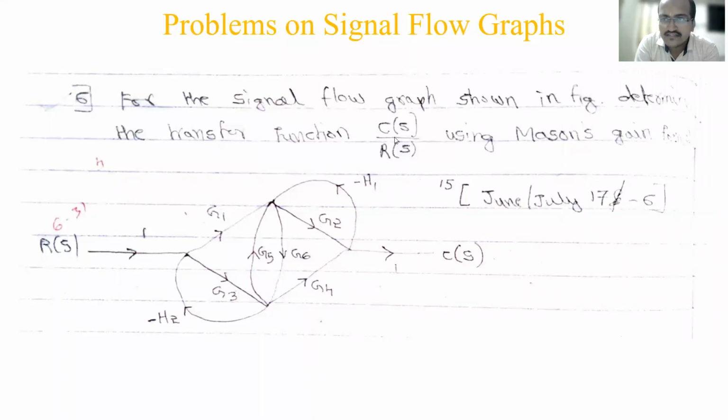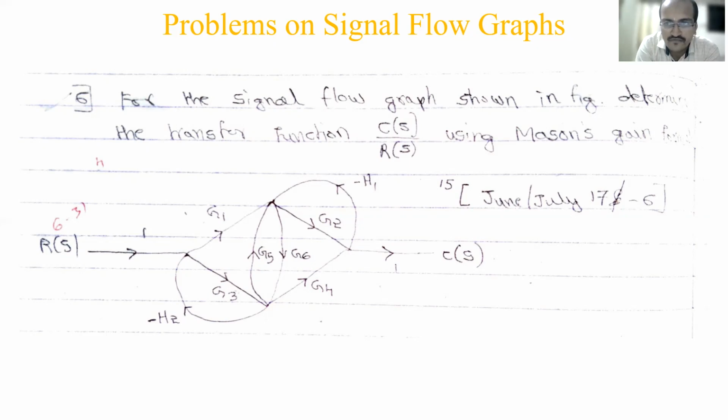So in the last class, we started off with problems on signal flow graph using the Mason-Gain formula. We solved two problems yesterday, and today we'll see another two problems, a little bit modified, with some changes to the previous problem. The same way we are going to solve. So this is the third question on that.